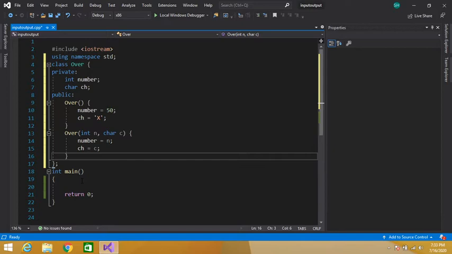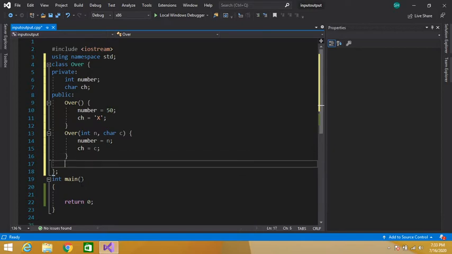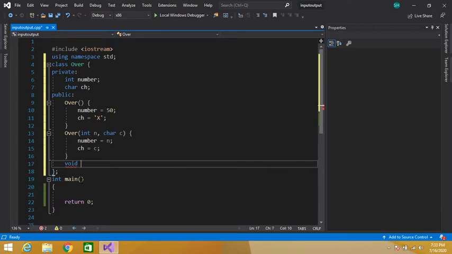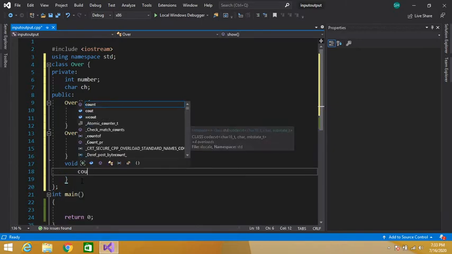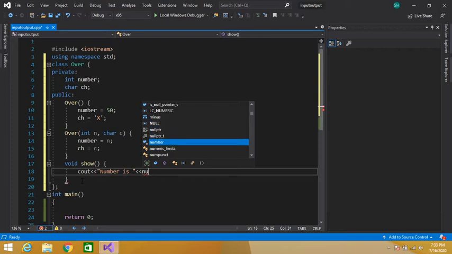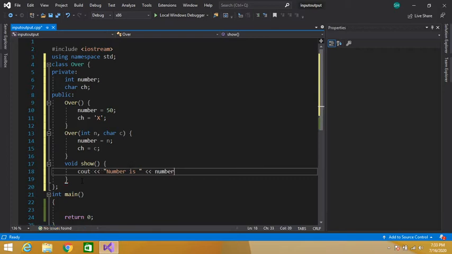Okay guys, let's create a function to show the values of these data members, number and ch. Void show, a function to show the values. cout number is, the number variable, endl.